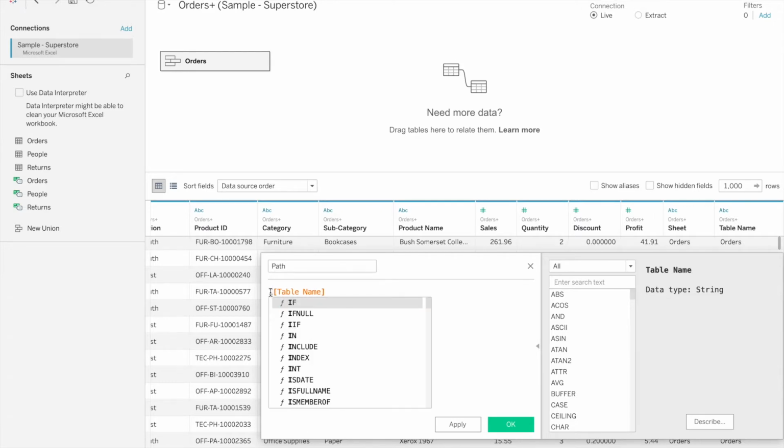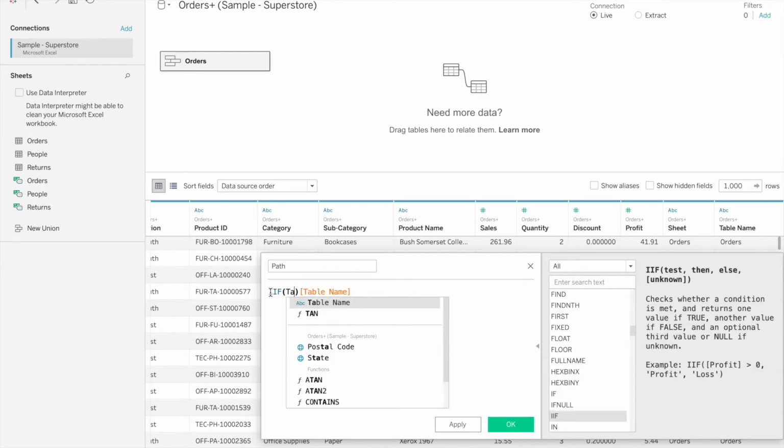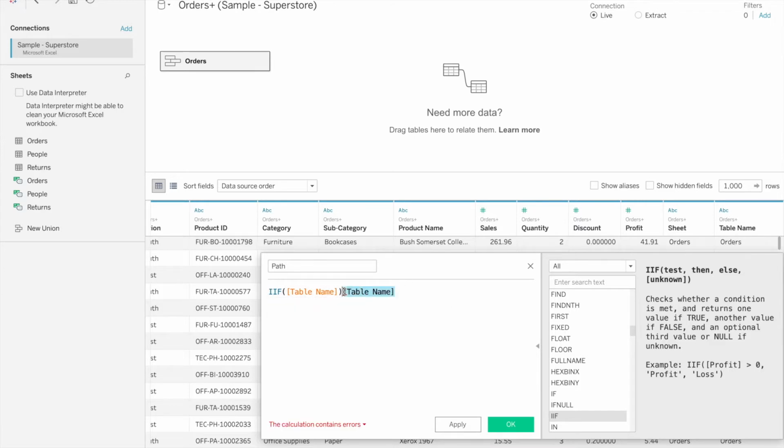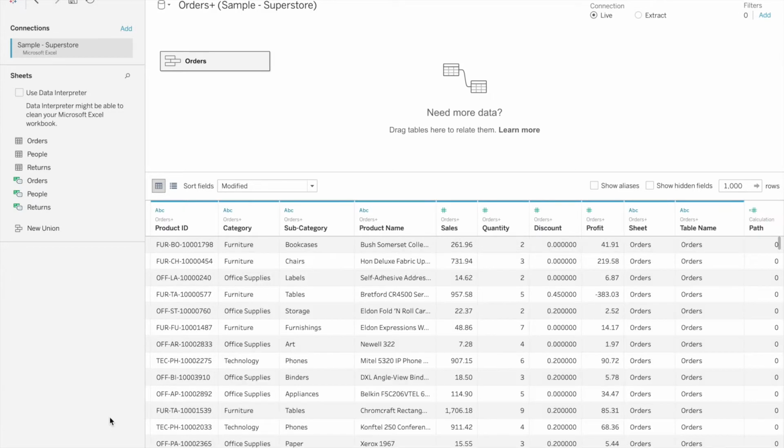The calculation would be: if table name is equal to order sheet, then 0, else 270. Let's see if the calculation is valid. Now let's see the reason behind creating a union as well as the calculation field called path.